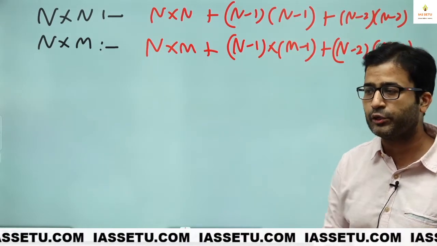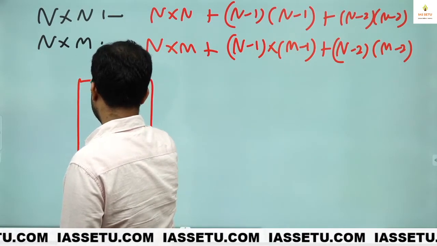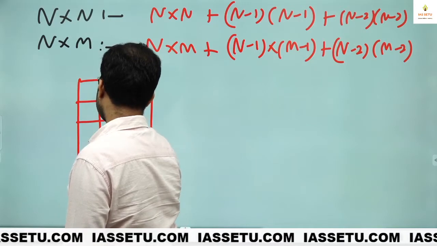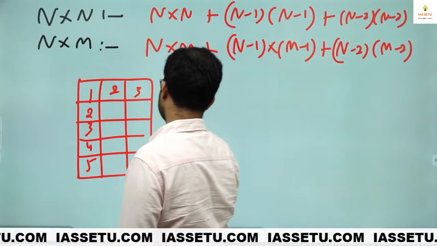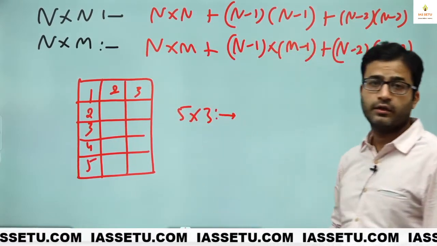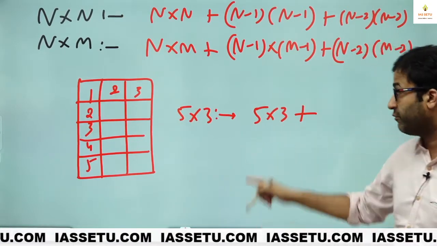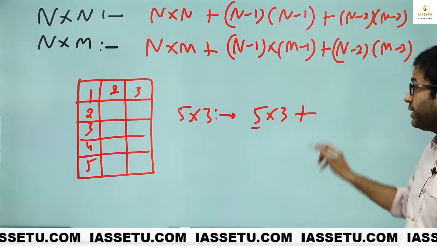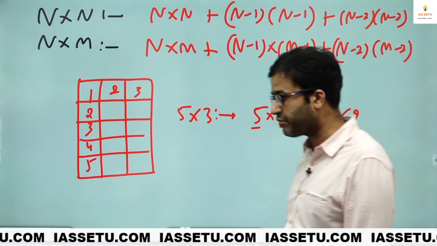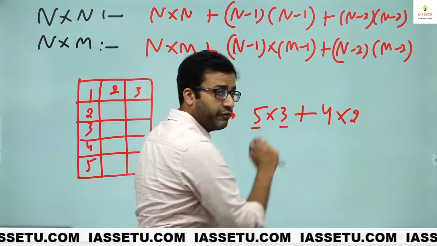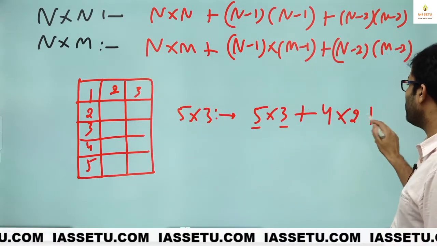Let me take a 3, 4 example. You can understand this. Like here, first question I take 5 by 3, or you can name it as 3 by 5, doesn't matter. 1, 2, 3, 4, 5, 2, 3. So this is 5 by 3 figure. So we start 5 into 3 plus subtract 1 from this 5. So what we get? 4. Subtract 1 from this 3, we get 2. 4 into 2. Just understand why I have written 4 into 2. 5 minus 1 gives 4, 3 minus 1 gives 2. Simple. 5 into 3 plus 4 into 2, and you repeat the same.